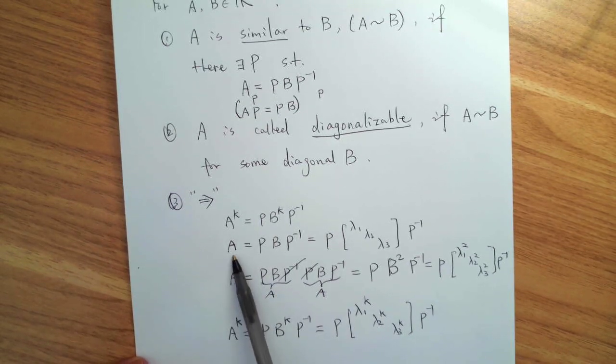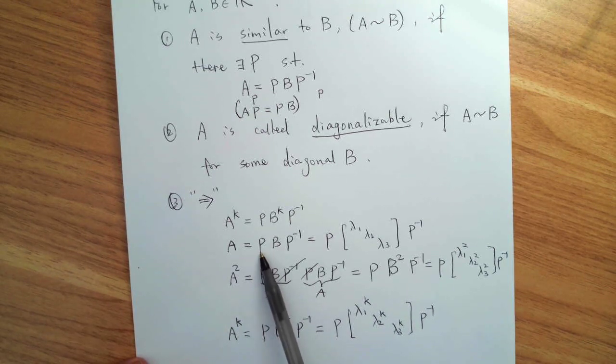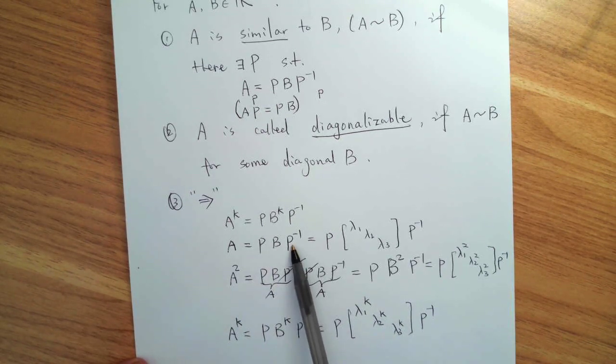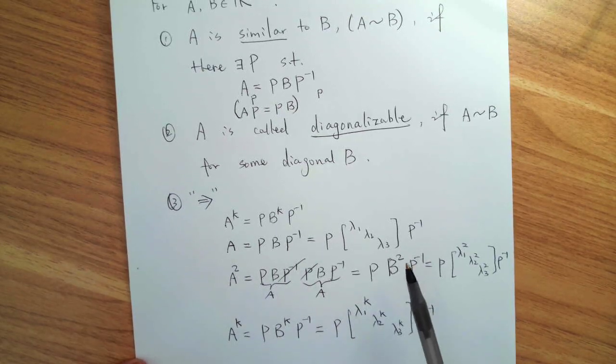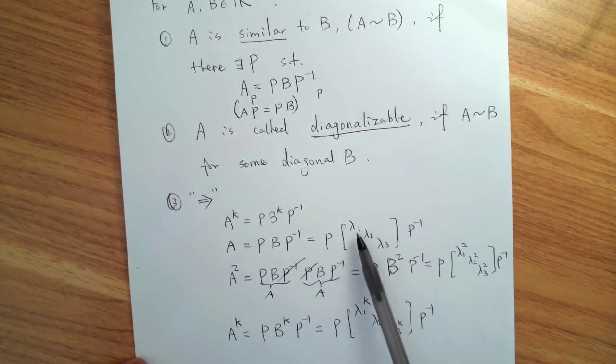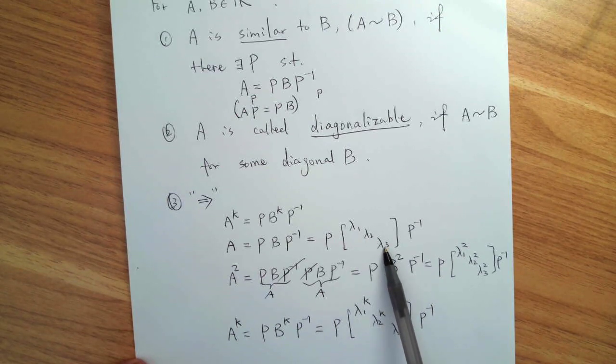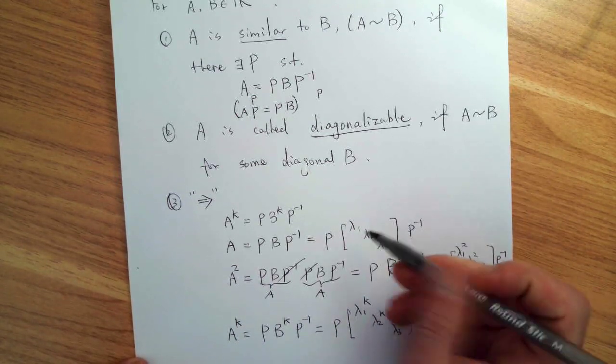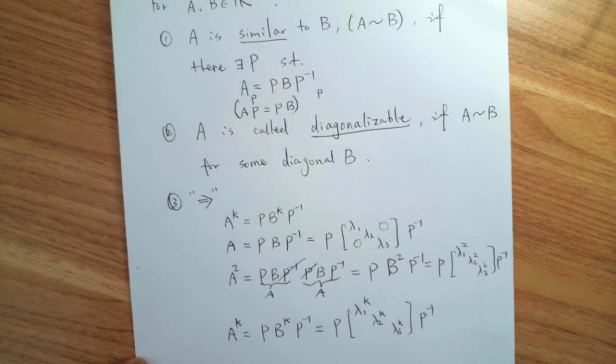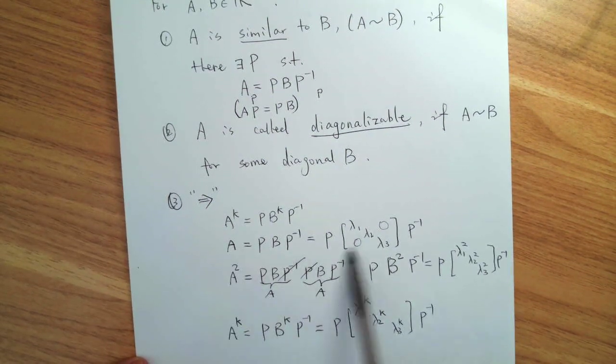So for example, if A is diagonalizable, then it can be written as P B P inverse, right? Suppose we think of a 3 by 3 matrix. Then B is diagonal, so lambda 1, lambda 2, lambda 3, and others are just 0, and then P inverse. This is the definition of